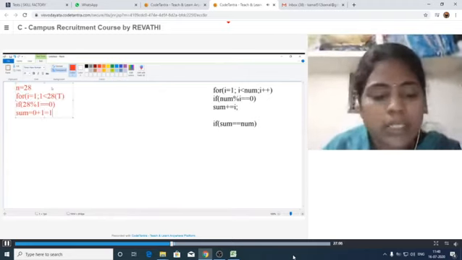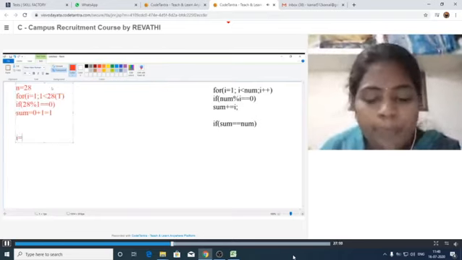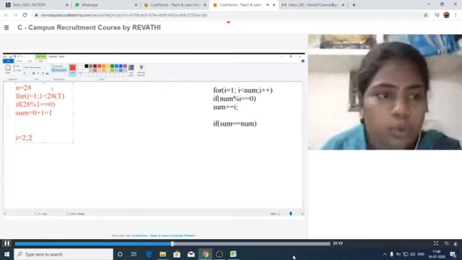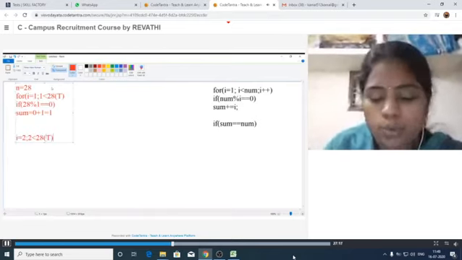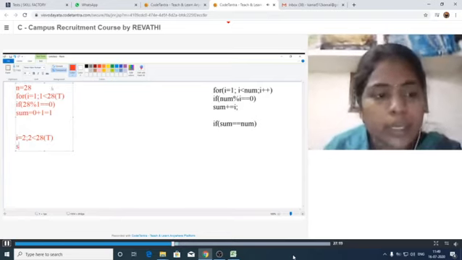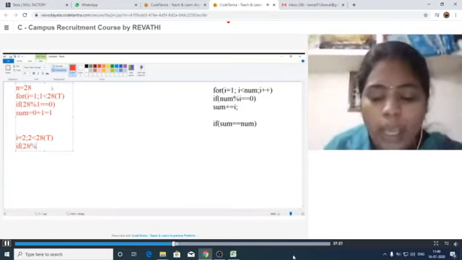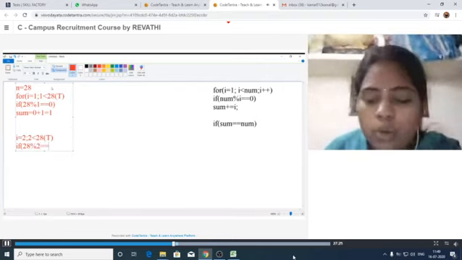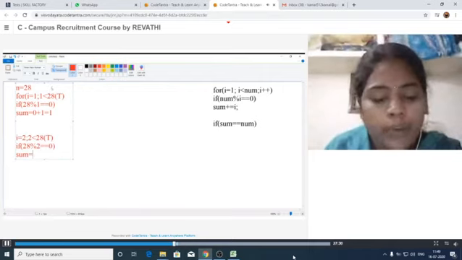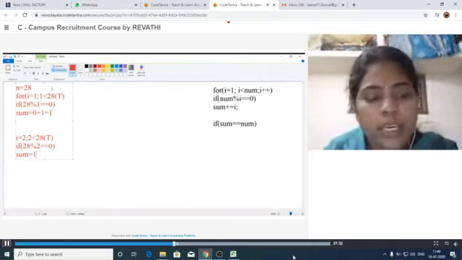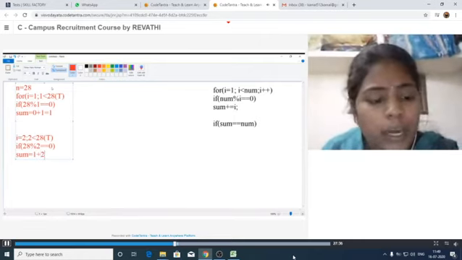Next, again it checks for i is equal to 2. 2 less than 28, the condition is true. After that it checks if 28 modulus 2, here the remainder is 0, this condition is true. Then sum is equal to sum plus i. Initially sum is 1, plus 2, that is equal to 3 here.